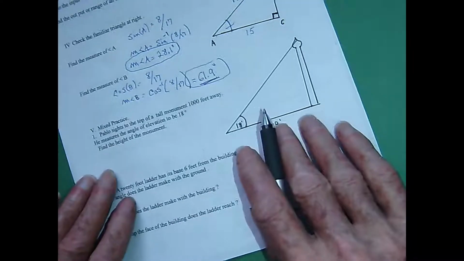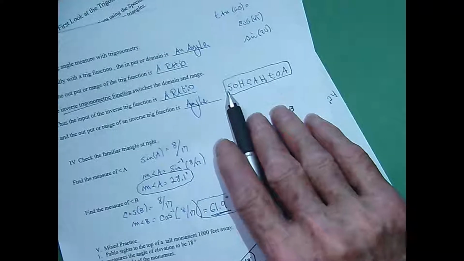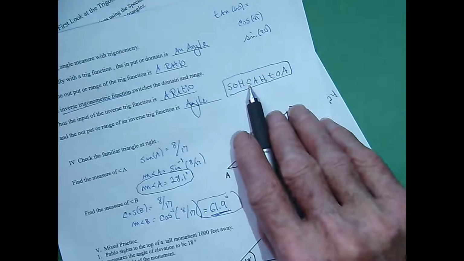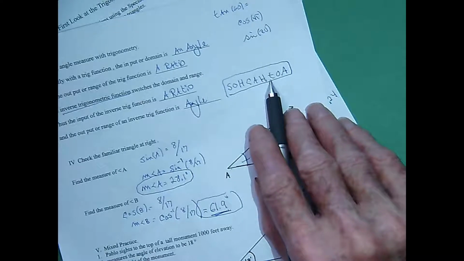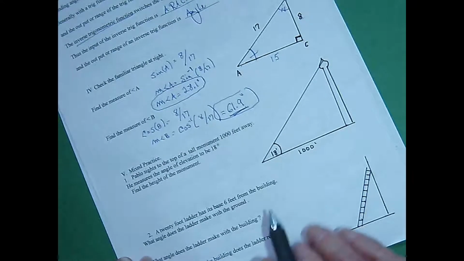Let's get a little practice here. We just learned about sine, cosine, and tangent, and a thing called SOHCAHTOA. You know that sine is opposite over hypotenuse, cosine is adjacent over hypotenuse, and tangent is opposite over adjacent. We've seen that we can find lengths and find angle measures, and that's what we're going to do, a little